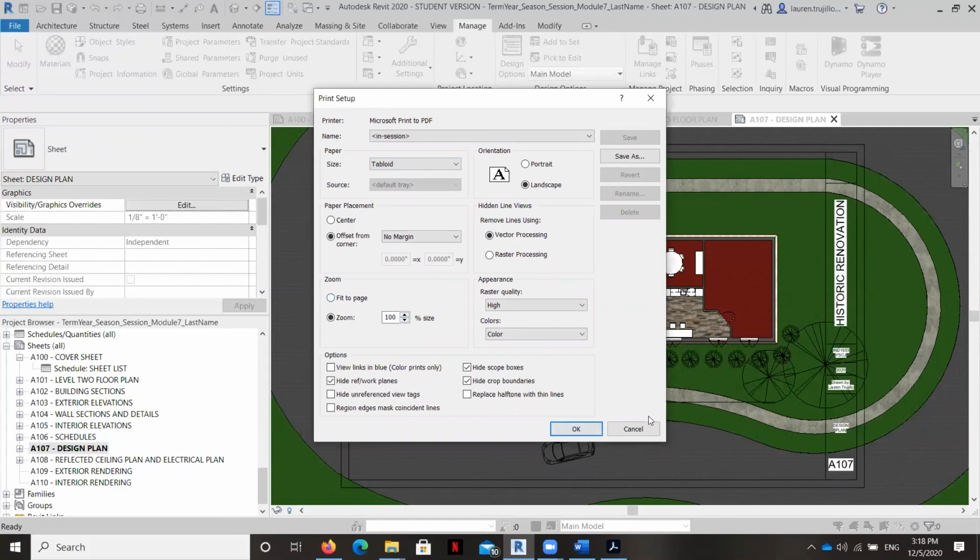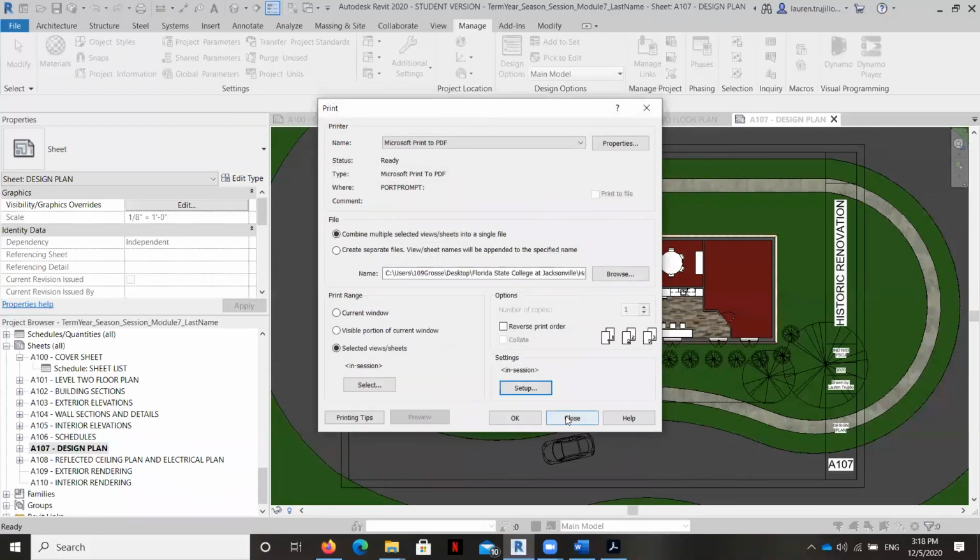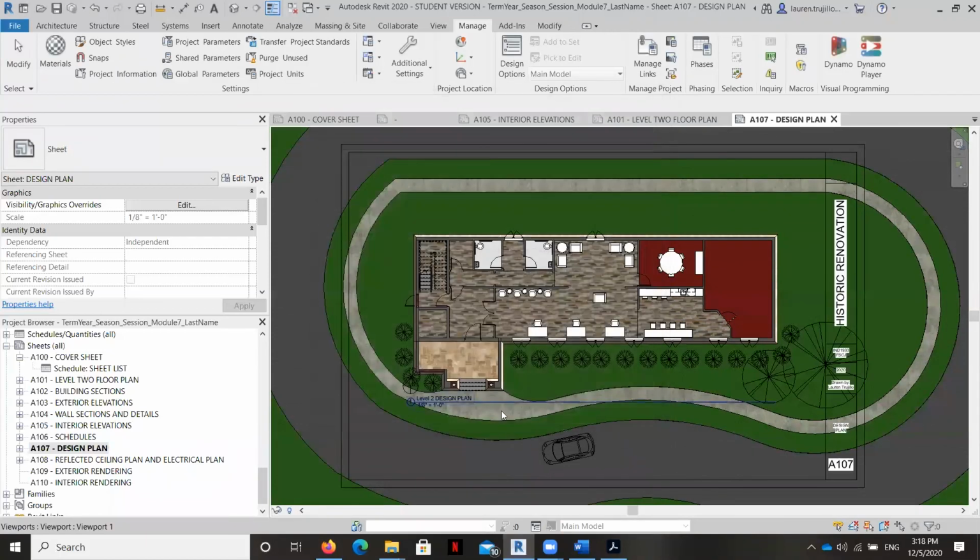And once that PDF has been either placed on a flash drive or sent to the plotter, it's ready to print into a hard copy. And you would just staple this sheet set and hand it to your manager with a red pen and say, I appreciate all of the feedback you can give me on this.